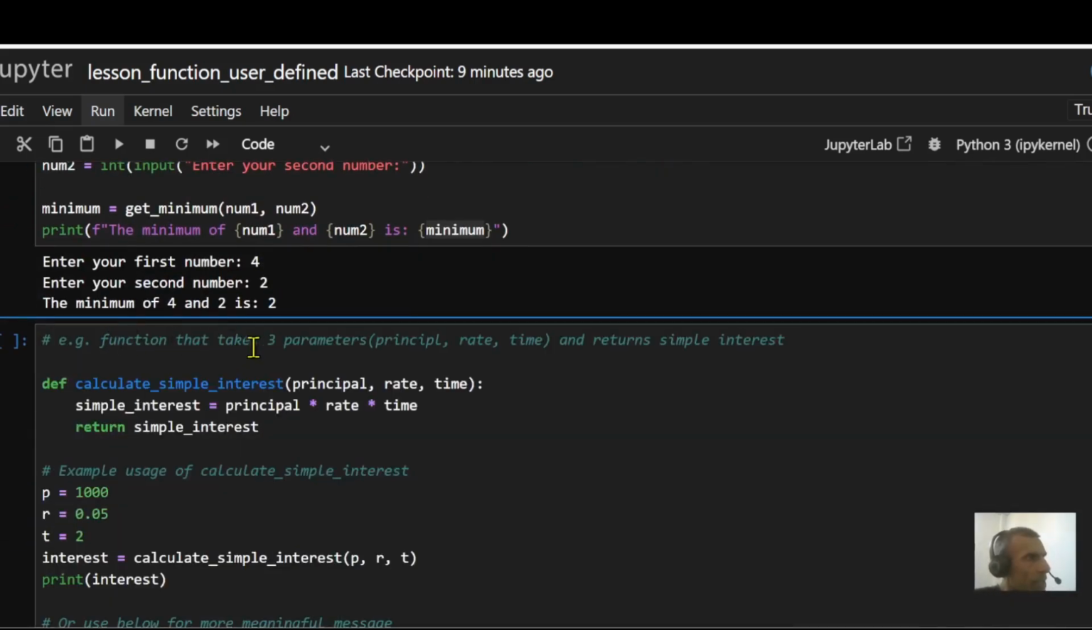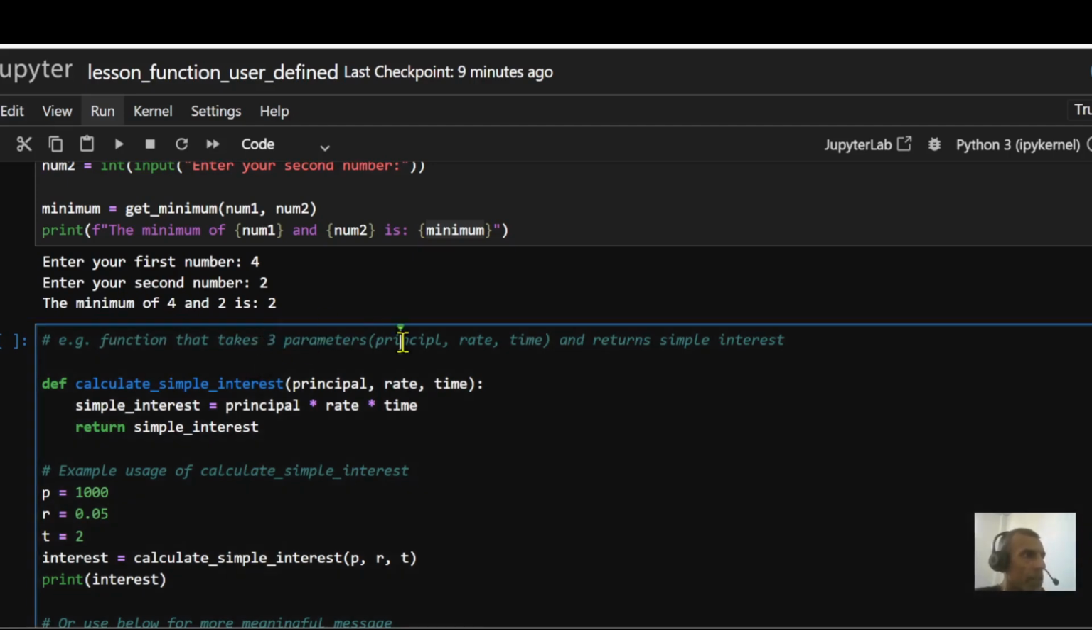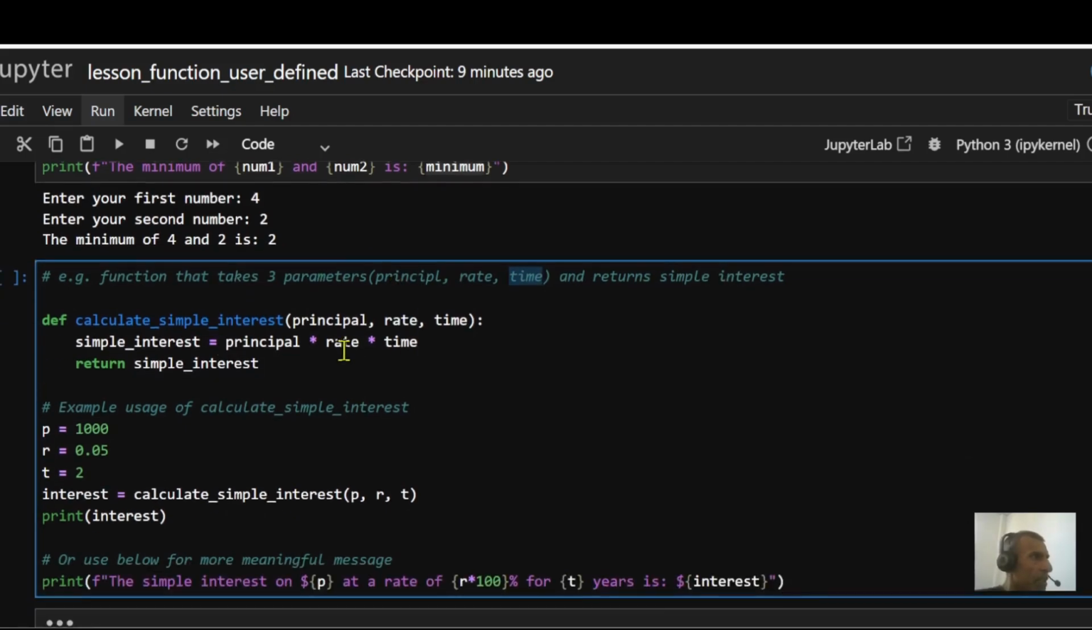So this function takes three parameters. It takes principal, rate, and time, and returns a simple interest. So in this case, I'm defining this function, calculate simple interest. Sorry, three parameters: there's a principal, there's a rate, and this is a time. And what it does, it multiplies these three variables together, and it calculates a simple interest, and then it returns